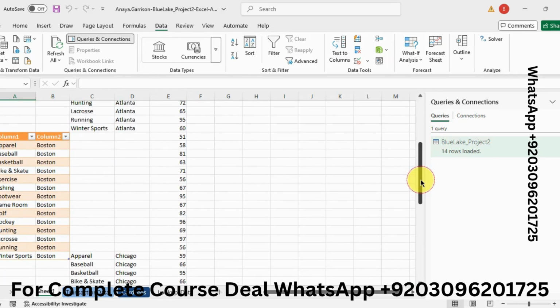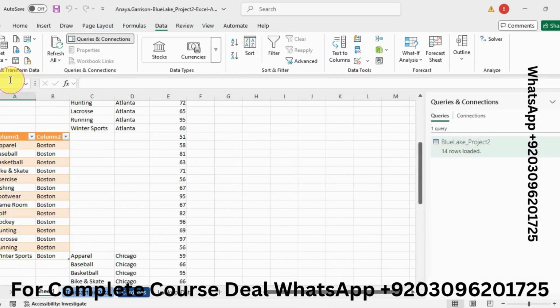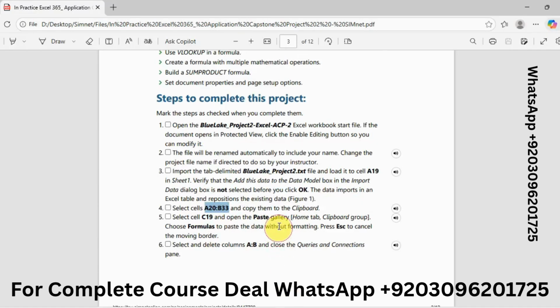Our step number 4 is to select cells A20 to B33 and copy them to the clipboard. Select these cells, and copy them. Click on the Home tab, then click here and copy.